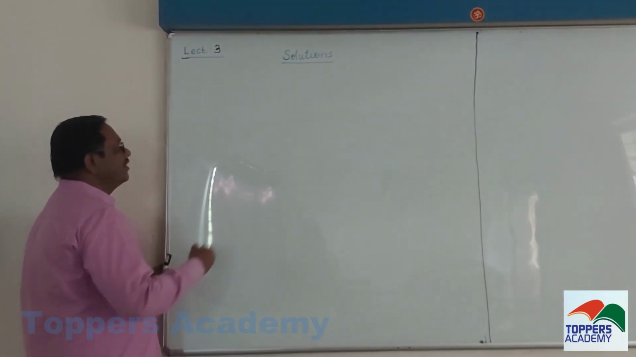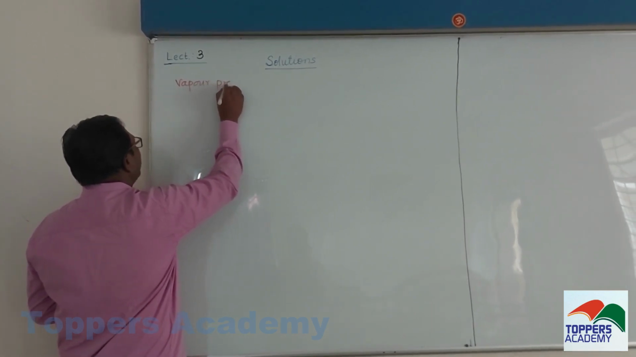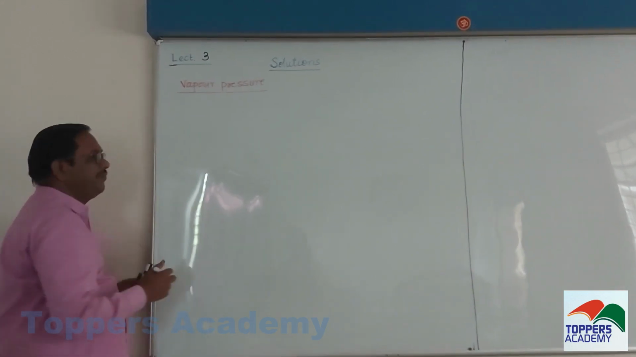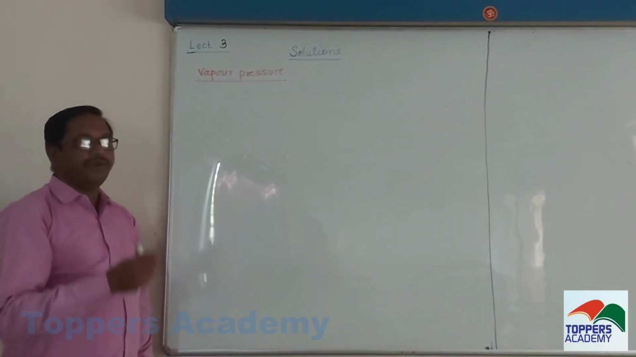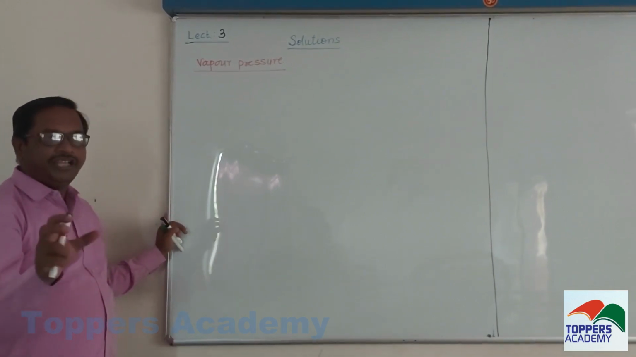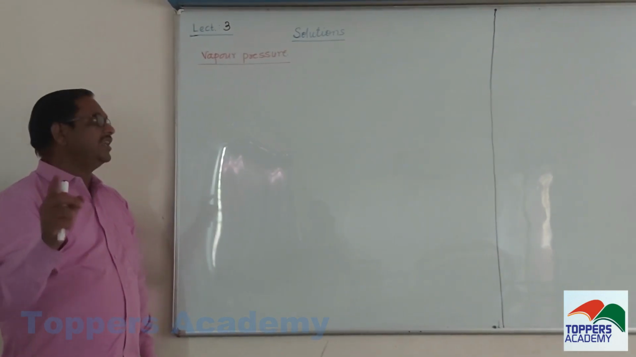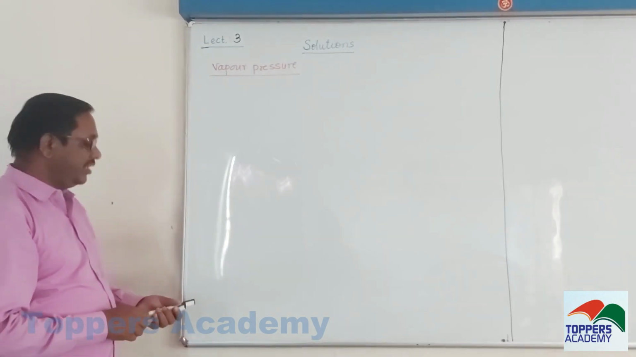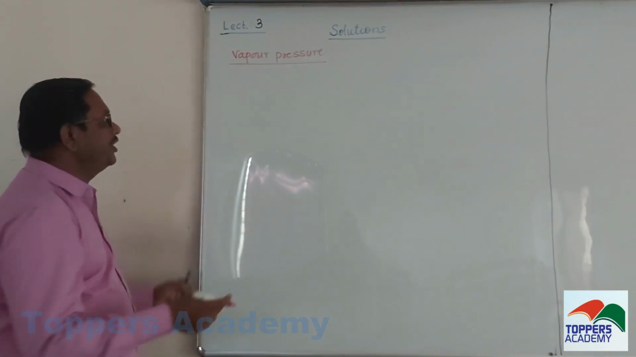Therefore, first of all, vapor pressure. Related to the vapor pressure that we already discussed last time, I am again repeating the definition. The pressure exerted by the vapors of a liquid on its surface which are in equilibrium with the liquid state at a given temperature is known as the vapor pressure. Now related to this vapor pressure, we are going to discuss one more point here,